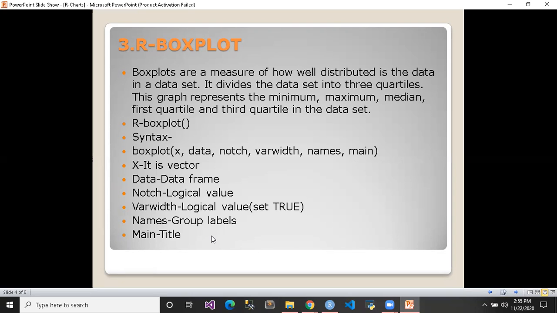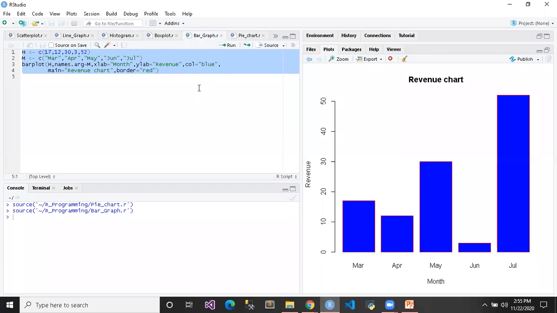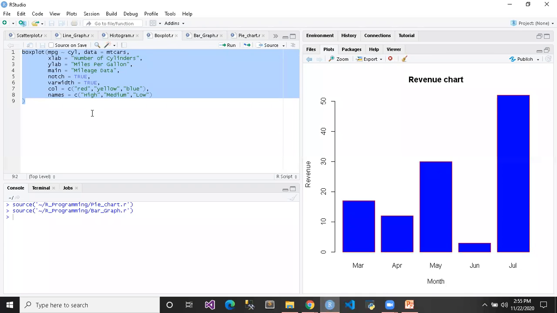Now we will practically see how to create box plot in the R programming language. Here, the name of the function is boxplot and we take the example of the mileage of cars. First one is xlab equal to number of cylinders.